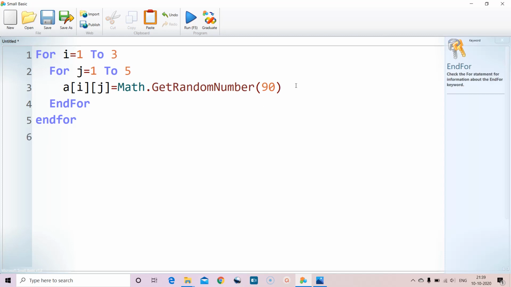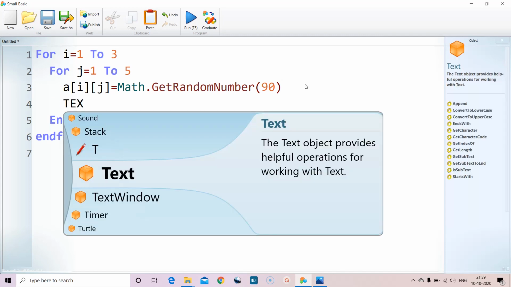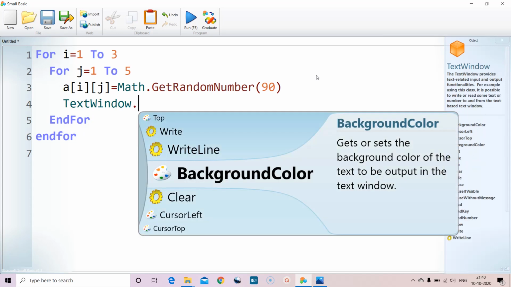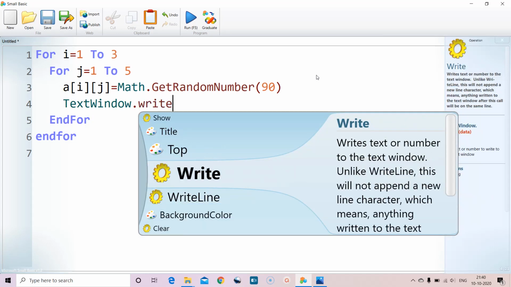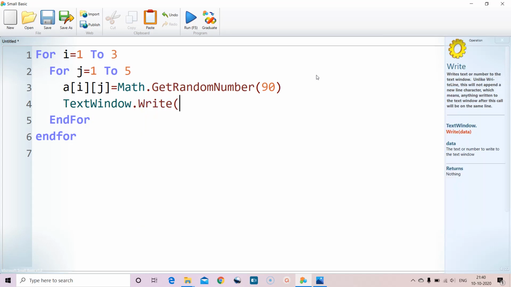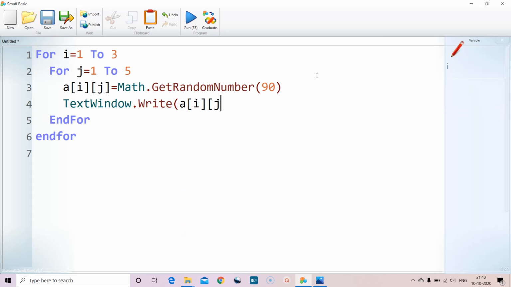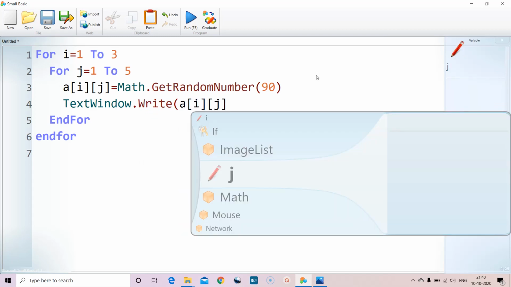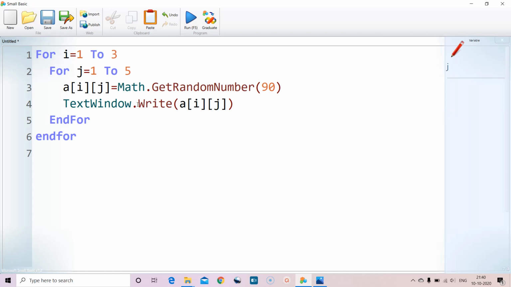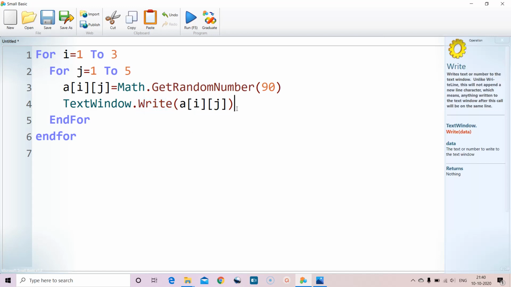So we can print it here itself. Text window, write A of I, j. If you give write line, each number will get printed in one row, but we do not want like that.